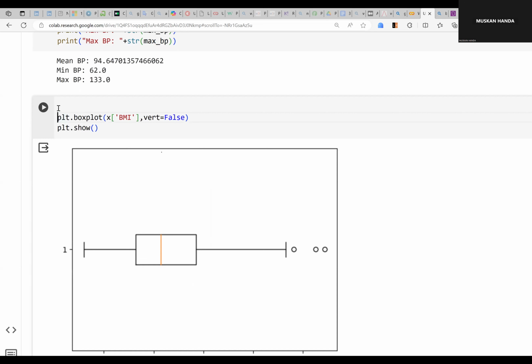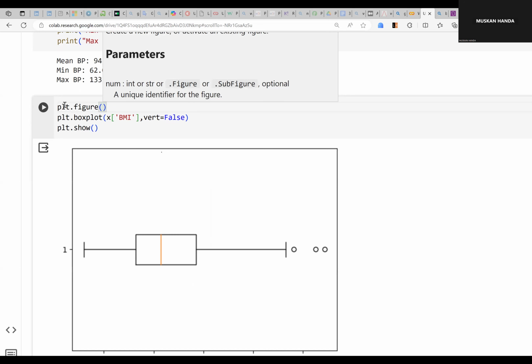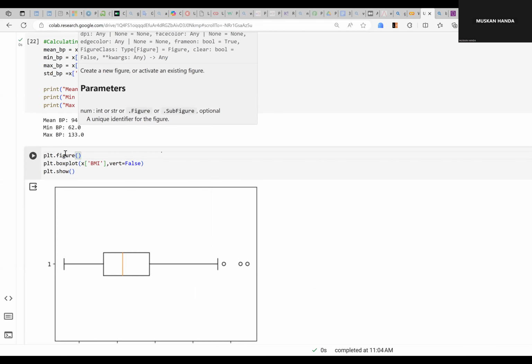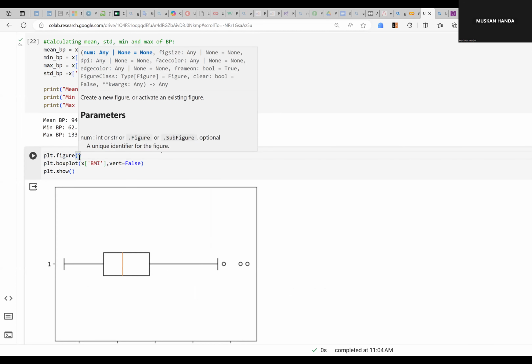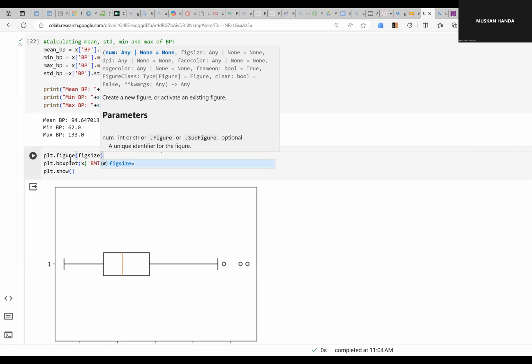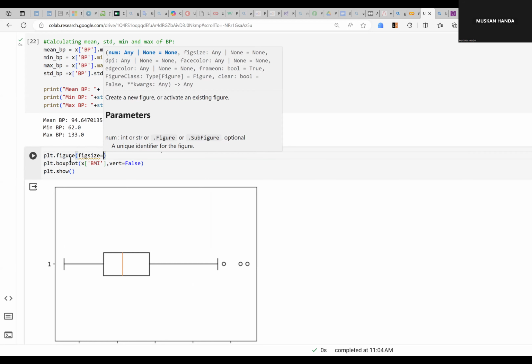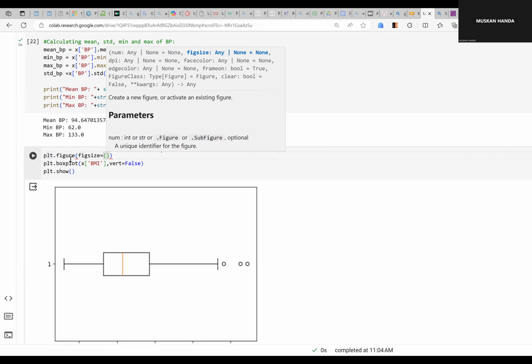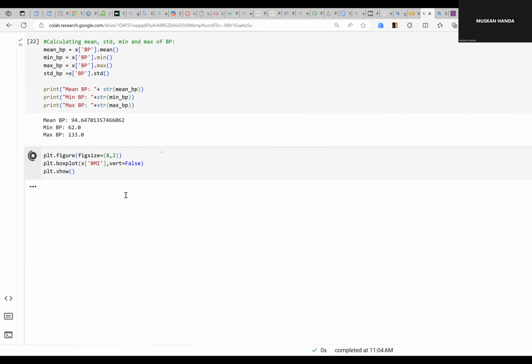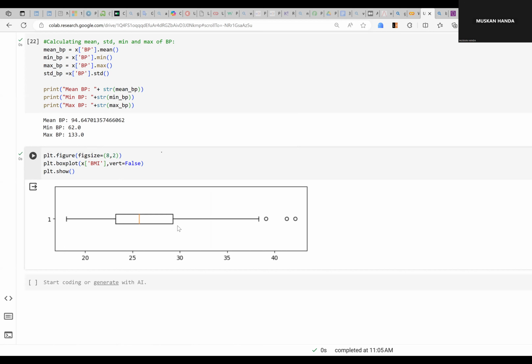ओके, I can further customize it. मेरे को अगर फिगर का साइज बदलना है, तो I can write here plt.figure. ये मेरे पास एक फिगर है, इसका साइज मुझे छोटा रखना है। मान लीजिए ये बहुत बड़ा है। अगर आप देखो, मेरे को पाइथन भी बता रहा है कि ये करता क्या है। ये मेरे को फिगर का साइज देता है। ये बॉक्स प्लॉट की फिगर का साइज डिफाइन करेगा। We can define the size here with the help of figure. So I am going to just write figsize. Figsize मतलब मेरे को उसकी वैल्यू कितनी चाहिए, ओके। So figsize I am going to write here (8,2). You can play with different figsizes, that's up to you. आपको जो ठीक लगे आप उसके हिसाब से बना सकते हो। मेरे ख्याल से ये ठीक है।